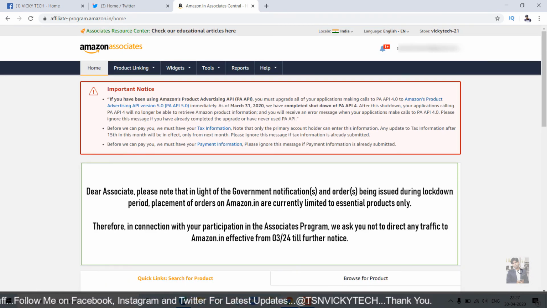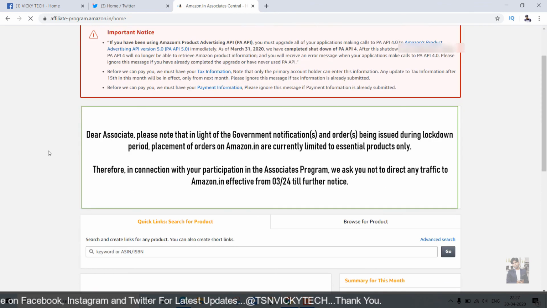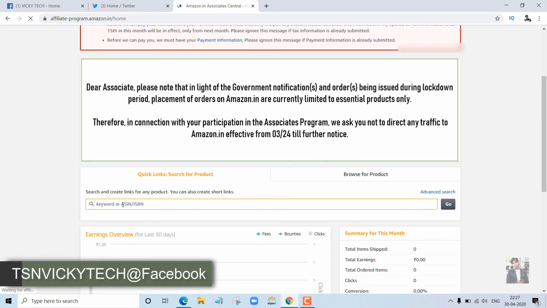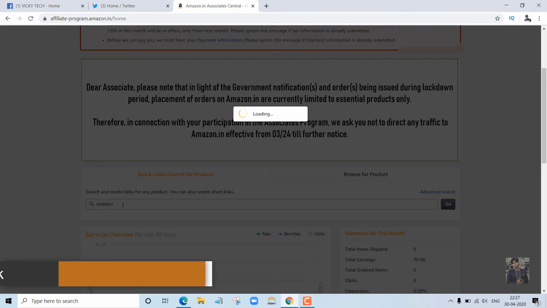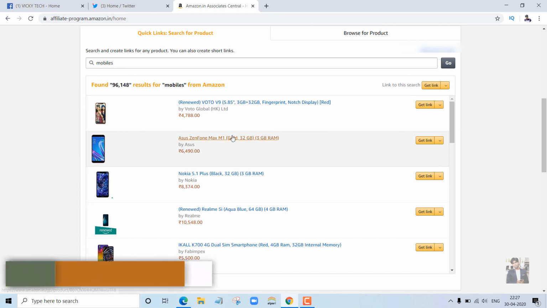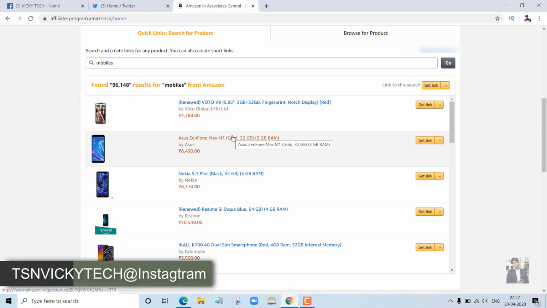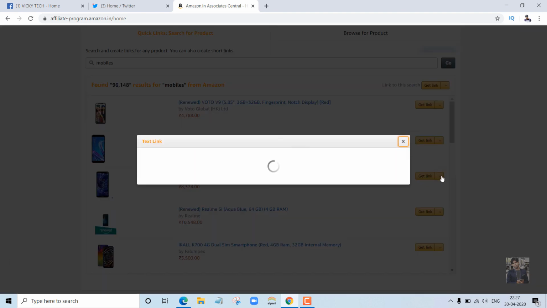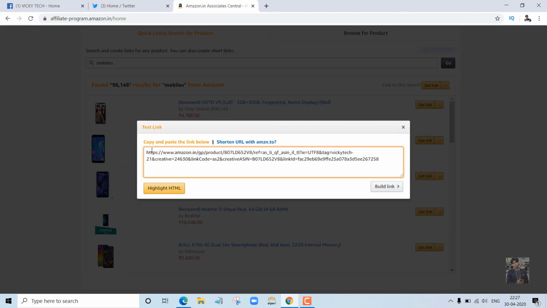So in the home page, let me scroll down. At the bottom side, I have seen we can enter the keyword, I mean which item we want to link. So just type the letters mobile. Let's see what we found here. When you scroll down, you have seen some options of mobiles. Asus, this is the Asus phone. Another one is a Nokia. Suppose if I want to link the Nokia, then I need to click here. Then you will get a link URL.